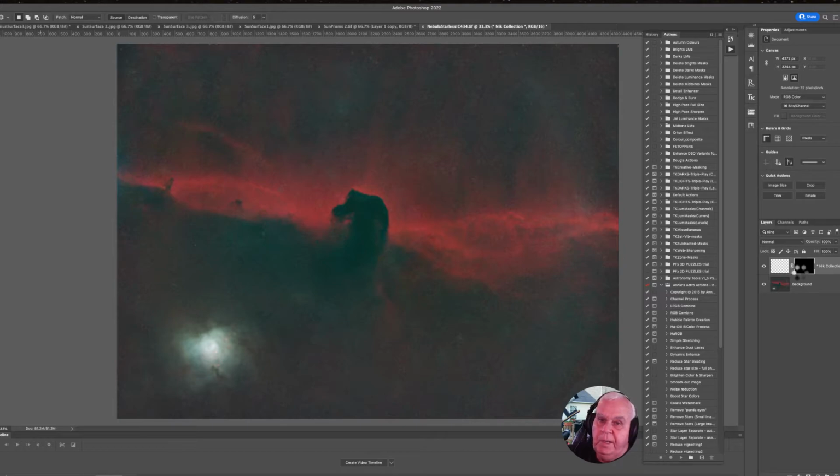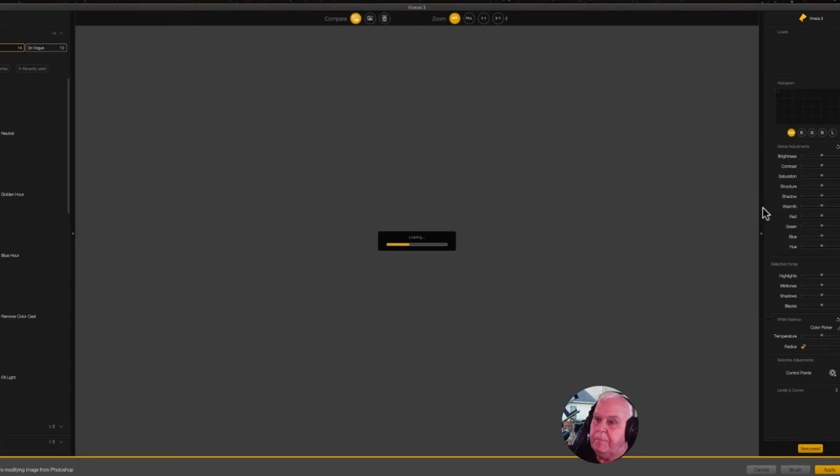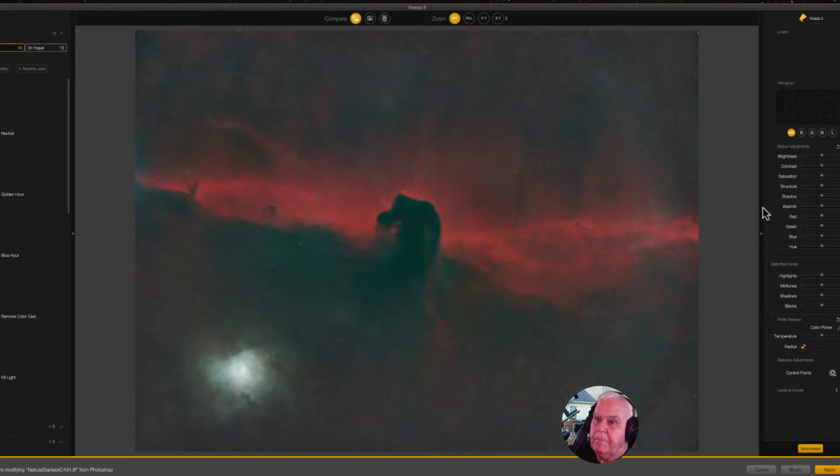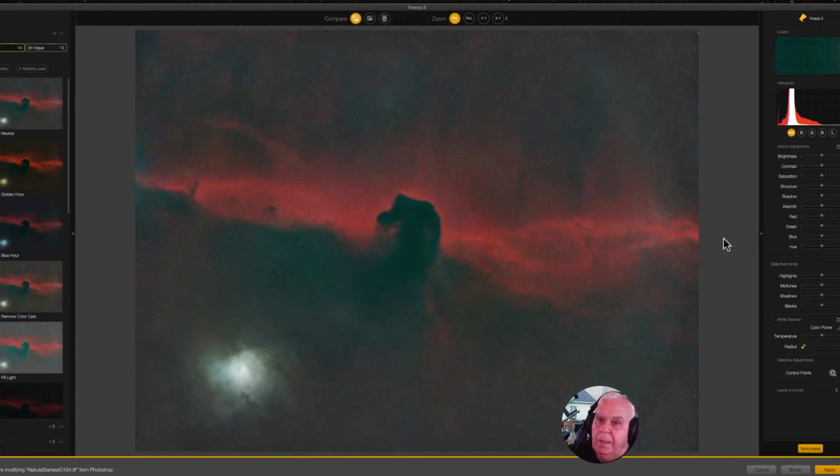It's going to create a new layer with a layer mask. And what I want to do is I want to take right down here where it says control point, I'm going to put a control point right here and